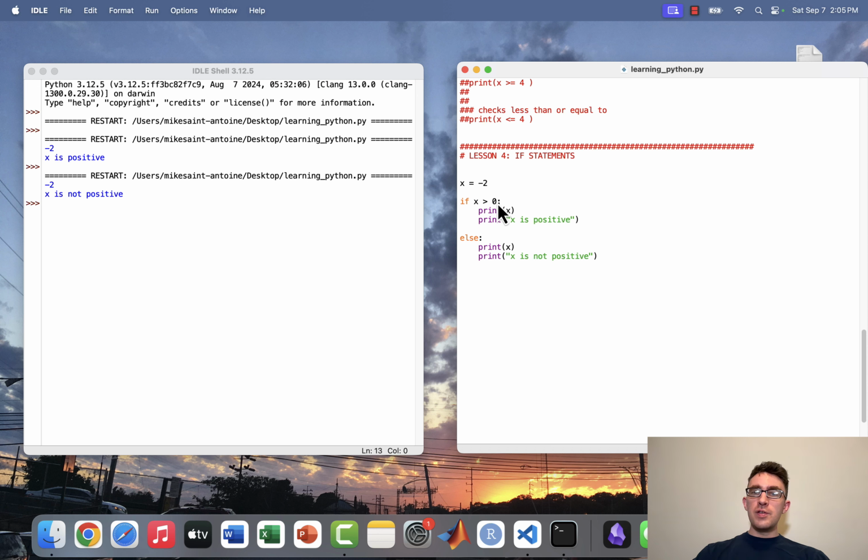Python sees this if statement and then checks to see if this condition is true or not. This condition turns out to be false, so it skips over this block of code under the if statement and instead executes this block of code under the else statement, which is printing out x is not positive. So besides the else statement, there's one other optional thing we can do if we want to, and